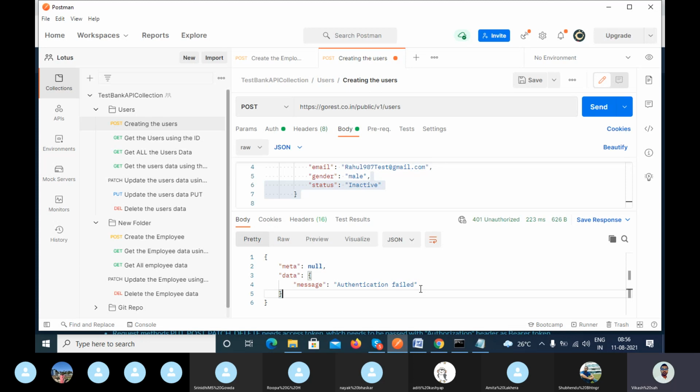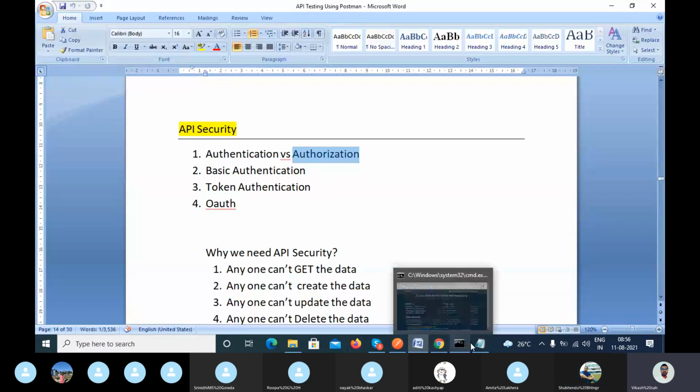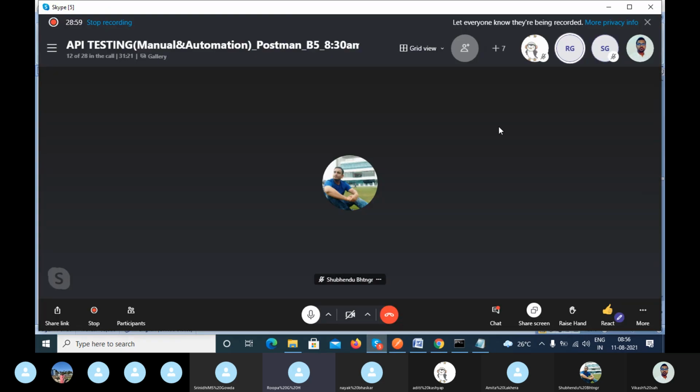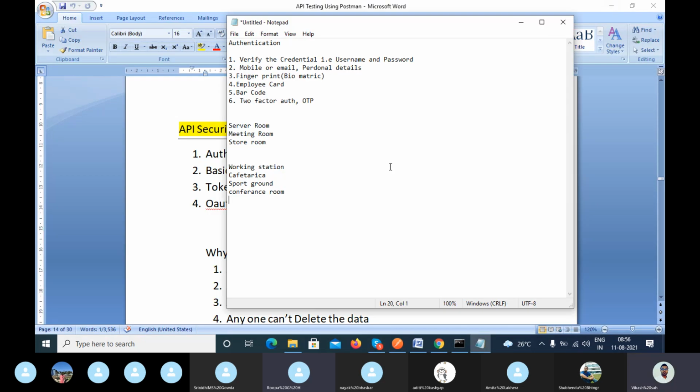Clear? So in the interview, if they ask you about authorization, authorization always comes after the authentication, right? Why am I saying after the authentication? Can anyone explain? Because after we have the access, meaning we log in, then only can we get to know whether we are authorized to view something or not, which areas we have permission to view. Exactly, without logging in.